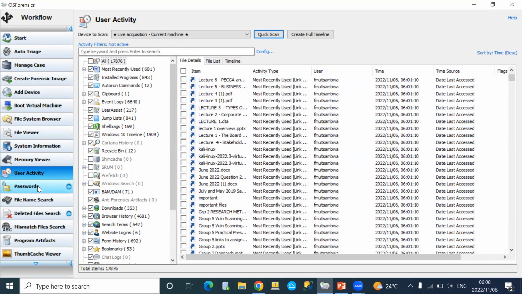Then for purposes of data privacy, I'm not going to run passwords, because if I click passwords, it's going to show all the passwords that are on this machine. So for your own interest, you could say passwords. Most people save their passwords on their machines. So that's one of the easiest ways of retrieving passwords to any system